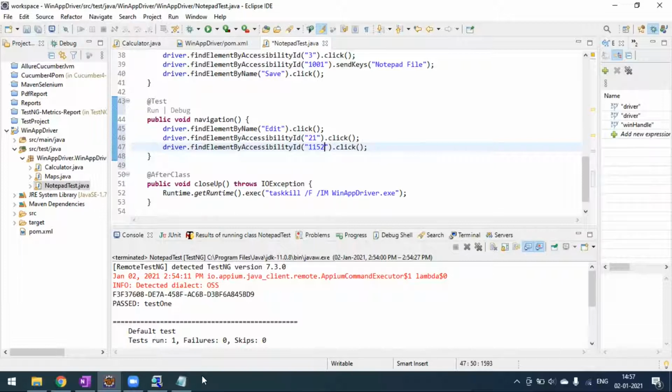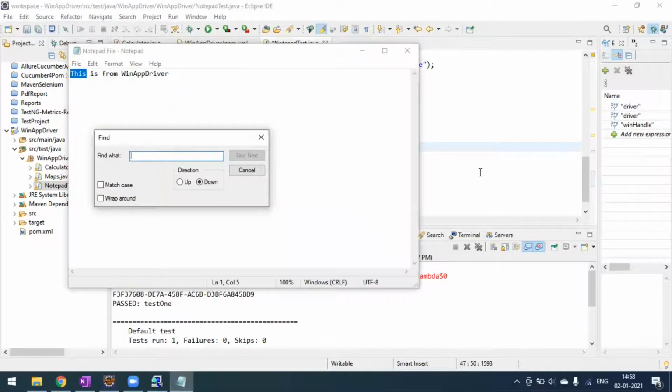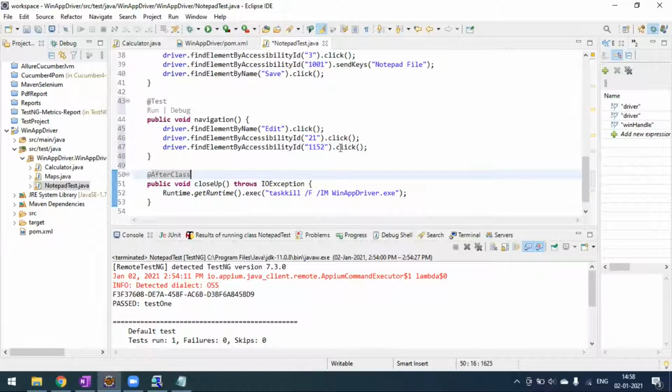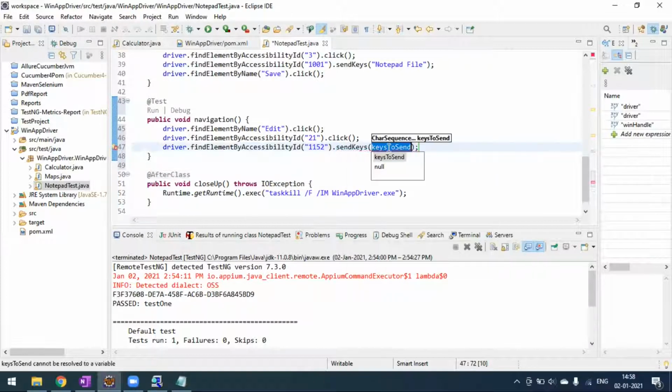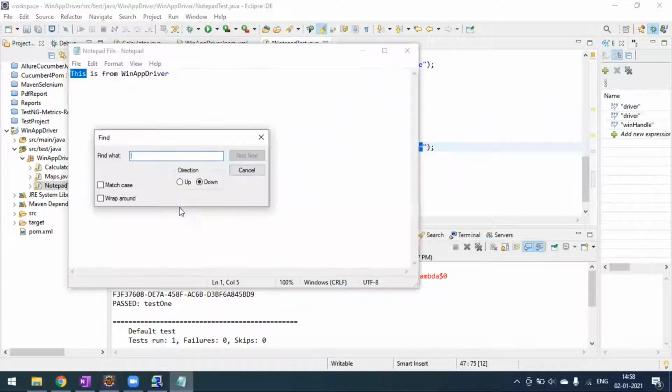And here we have to type something, right? So we'll try to type something like WinAppDriver here. Okay, instead of click, we have to use the sendKeys. Okay, so we'll type WinAppDriver. Okay, so we have this word in the text file, right? So